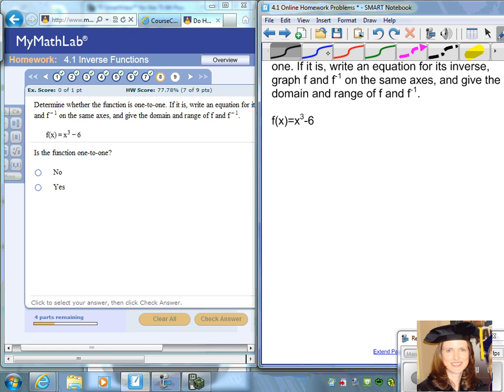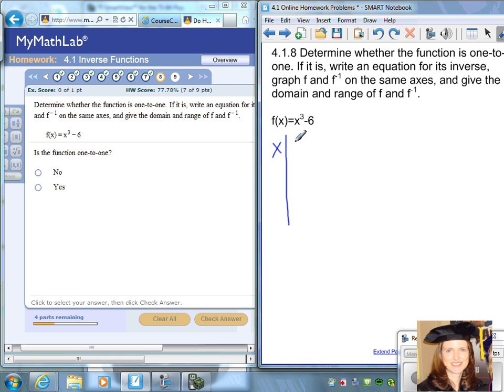cubic function, x to the third minus 6. A cubic function, if you recall from previous chapters, is one of the basic functions, and that minus 6 indicates that the graph has been shifted down. If you make a table of values and draw a couple points, we'll see